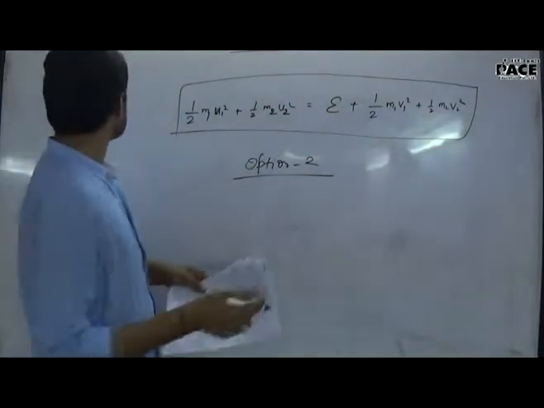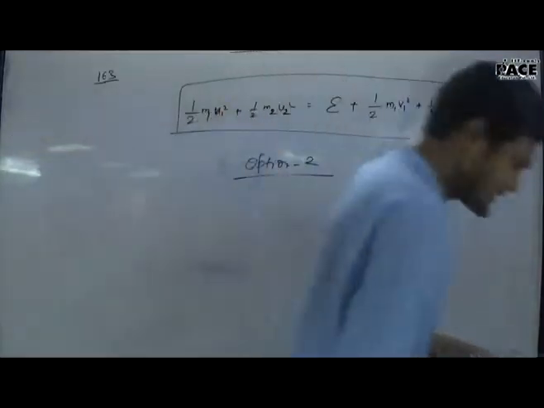This was question number 163. Now let's move on to question number 164. Okay, this question is Kepler's law in circular motion. So we have to find the value of k.